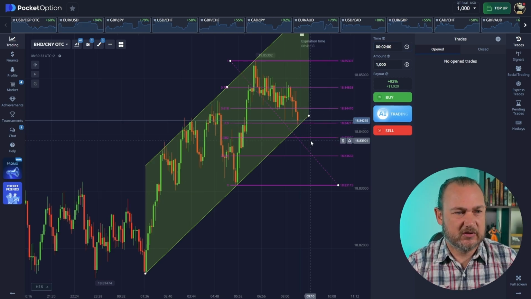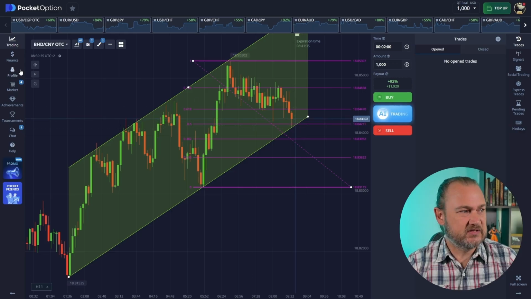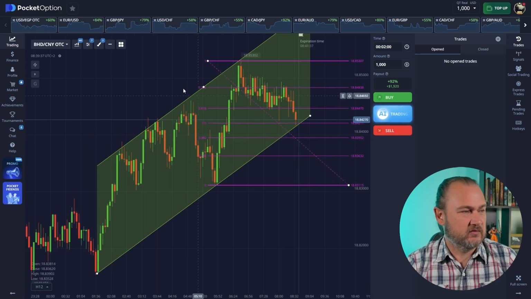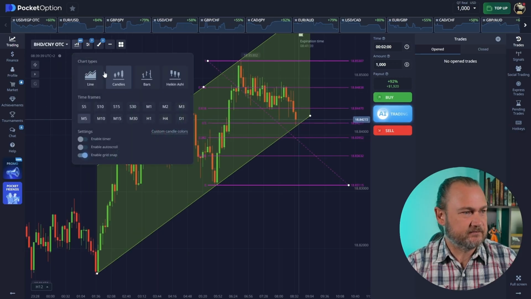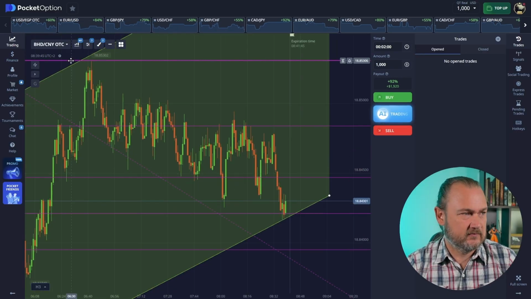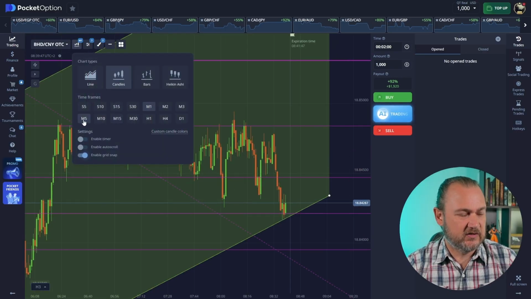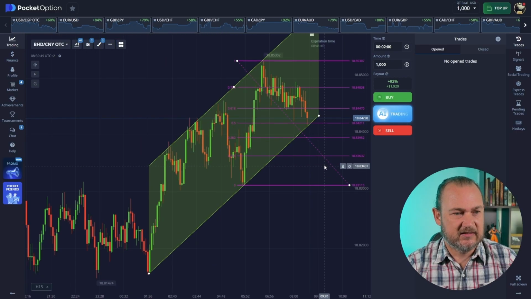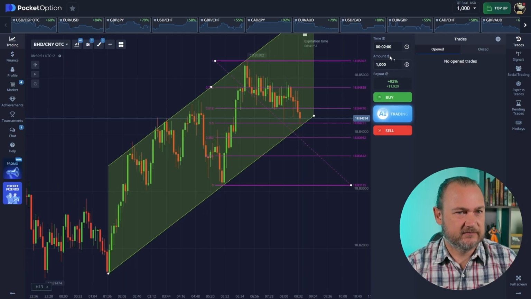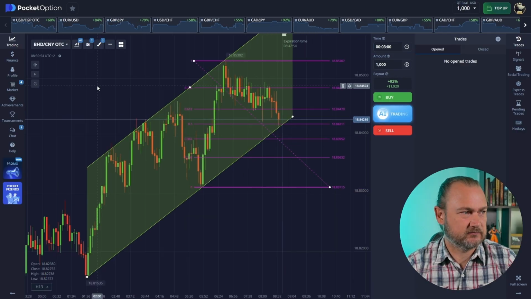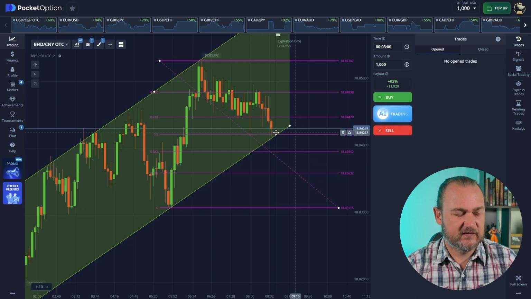I'm going to do a 2-minute buy, and basically I'm just going to wait for the candle to close. Oh no, wait, I'm on a 5-minute chart, right? Let's have a quick look at the 1-minute chart. Yeah, we're just going to wait for the candle to close, and then we're going to take a 2-minute trade. Should be fine. Maybe we'll make it 3 minutes, because we are seeing the rejection of the 50 line of the Fibonacci